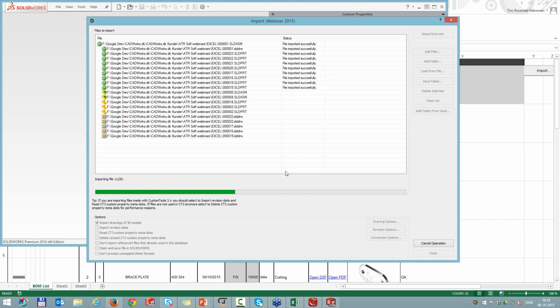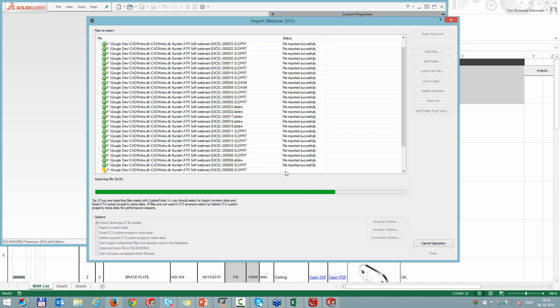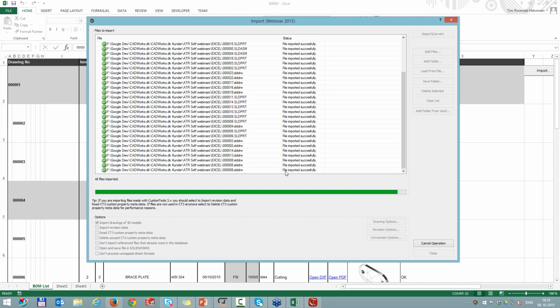What I have found is if there is no real requirement for this, if you are going to open the file anyway, then open the file in SolidWorks and do a save all, because that is a bit quicker than doing this operation. But you can do it and select yes to update drawings, and then we will open the drawings and make sure that whatever property we added is populated onto the drawing and then saved. So everything is up to date. But that's it. Now everything is imported and we can search for the items in our SQL database.